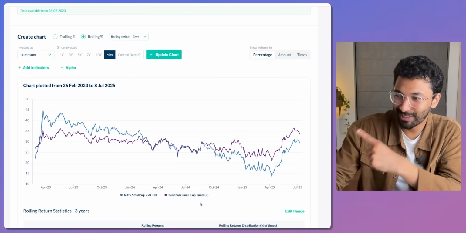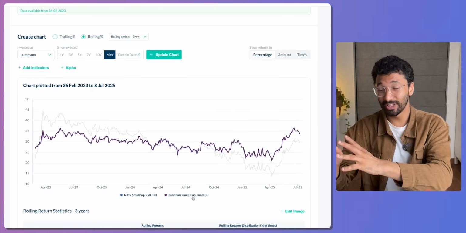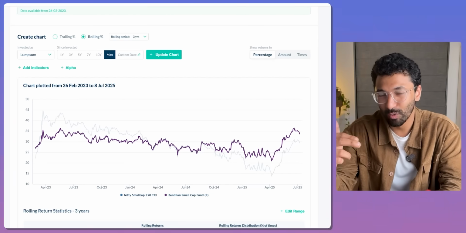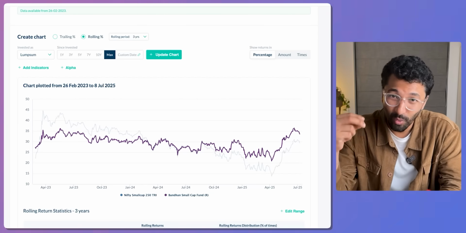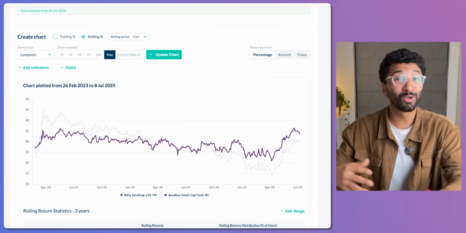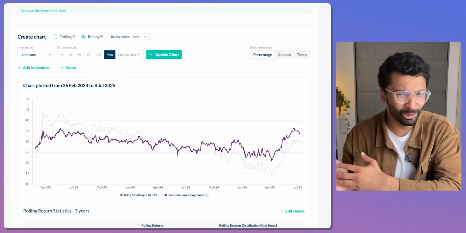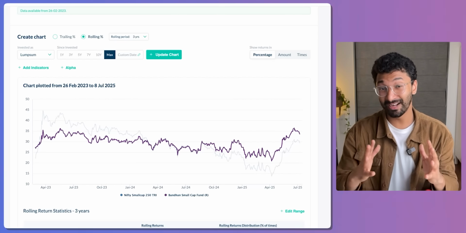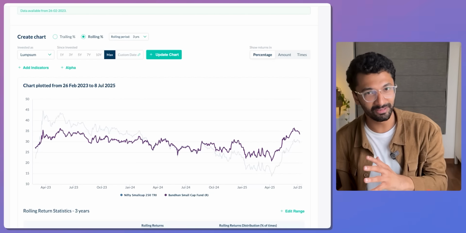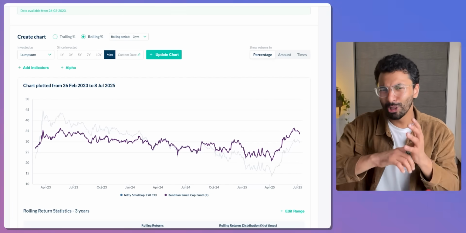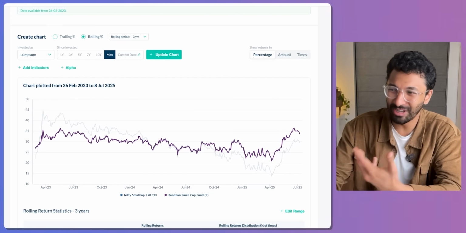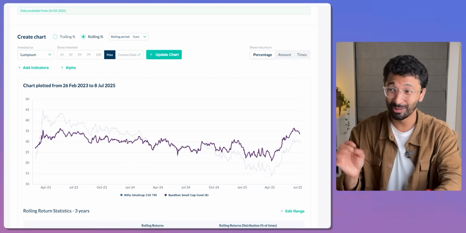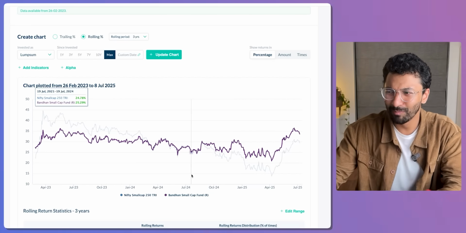So here you go. Let's look at the returns of Bandhan Small Cap against the Nifty Small Cap Index. Now, one thing is very clear here. Bandhan Small Cap was only launched in 2020, which means that the rolling return data is not very vast. If you're looking at 3-year rolling returns, ideally we should look at 5-year rolling returns. Then it gives you a good expanse. Because if the fund is 10 years old and you're looking at 5-year rolling returns, it gives you a long history. But in this case, that is not really possible, because it's just been around for 5 years, which is a considerable amount of time, but not long enough for our research,